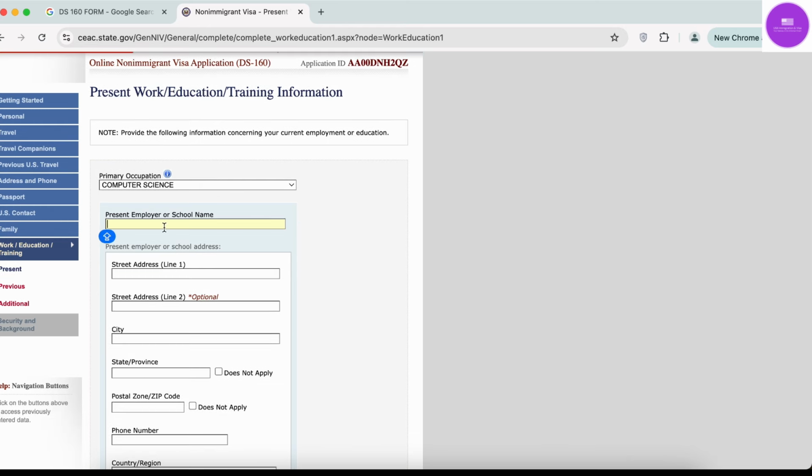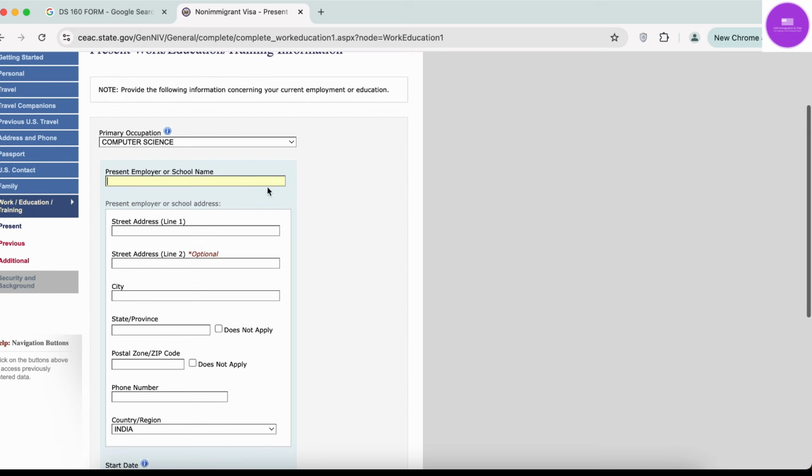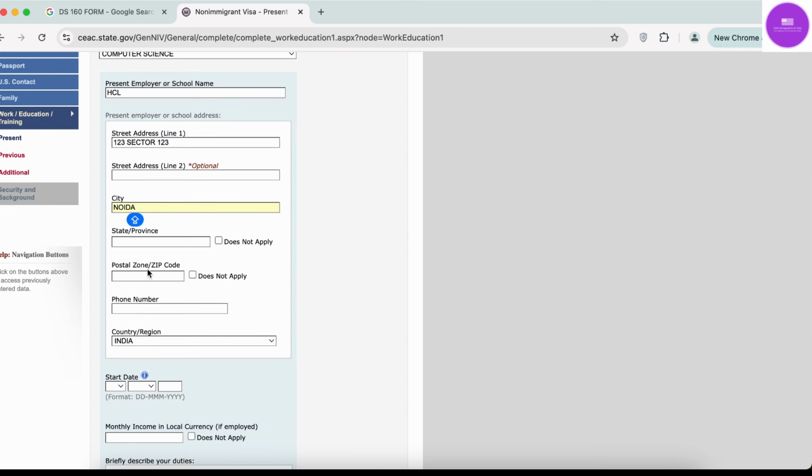Okay, your present employer or school name. Just for example, if I have selected computer science here, I can randomly select HCL. Address is 123 sector 111 123, city Noida. There's their location, and UP. You have to put the full state. If state or province does not apply to you, just select does not apply. Postal code, I will just write